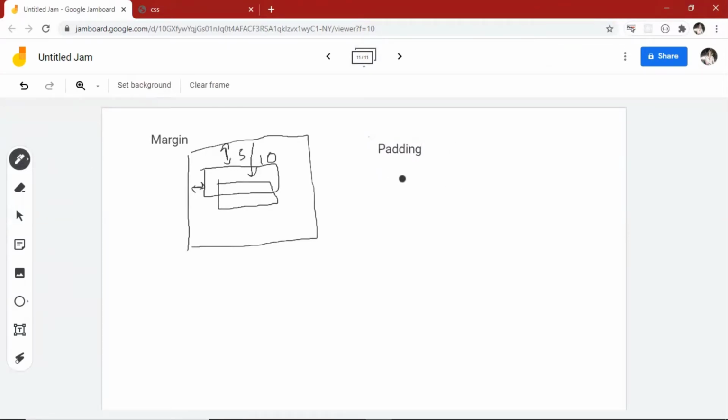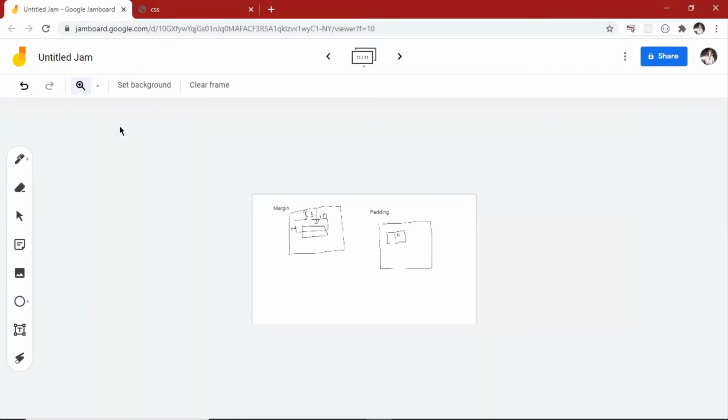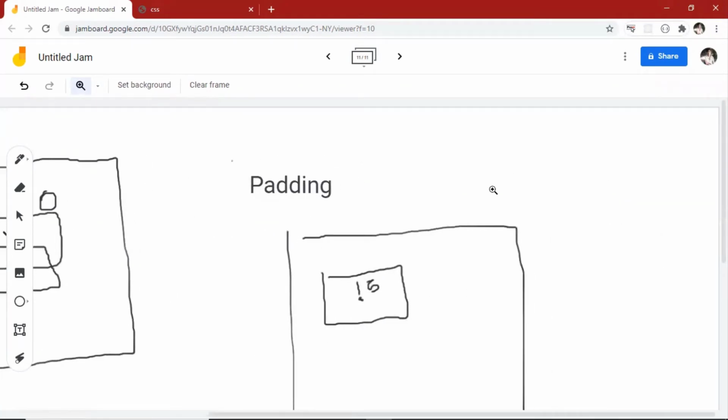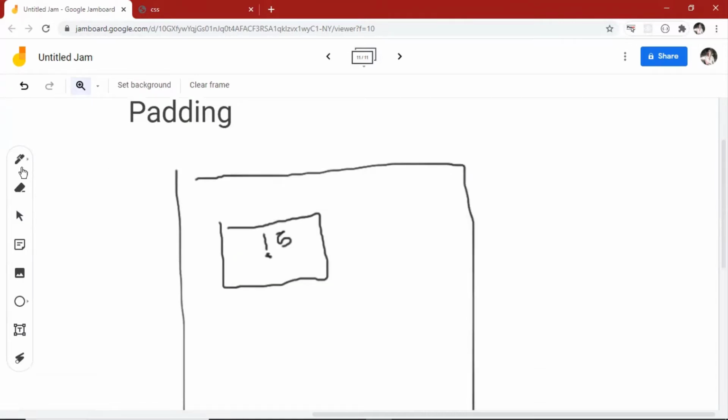Again, let me create a box. It is there. Let me say that from the bottom it is 5 here. Let me give it a bit of zoom.